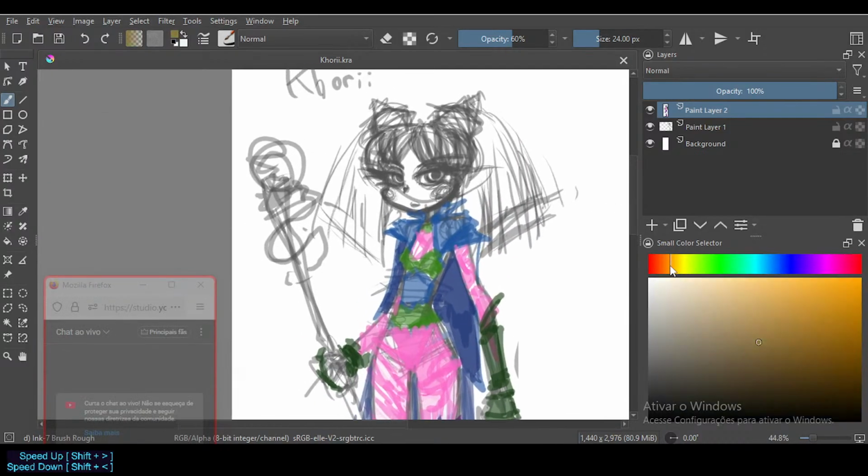So I need to think which color of her hair is some purple or... I'm gonna go for this kind of greenish orange, something like this. It's crazy, but